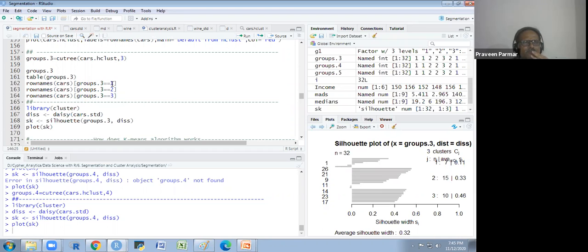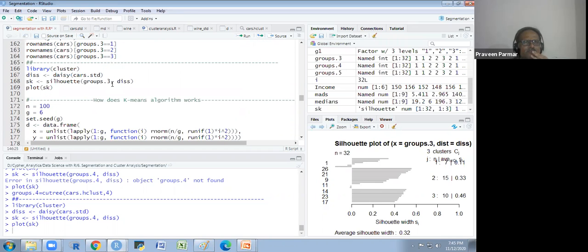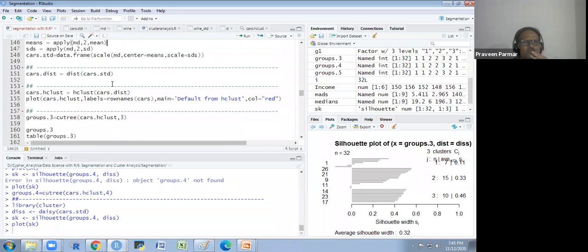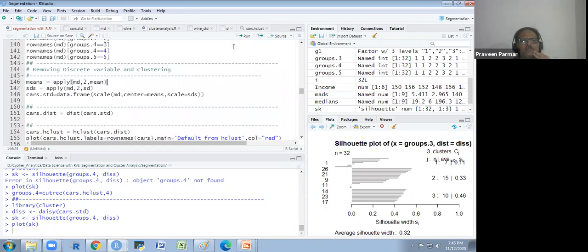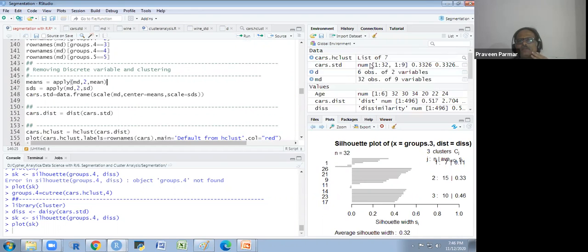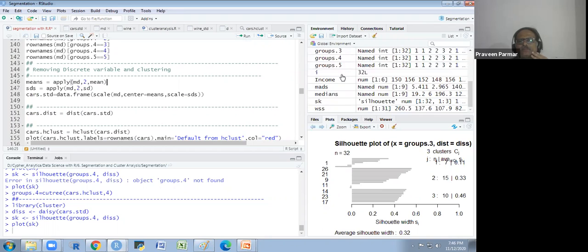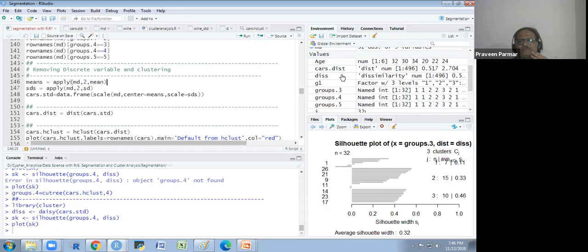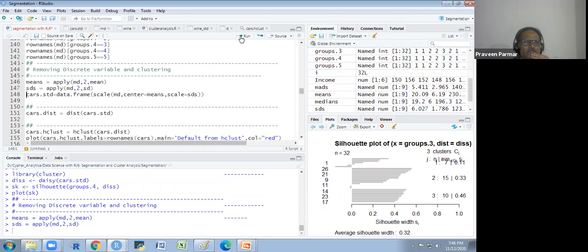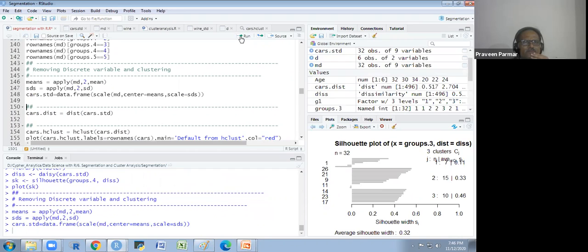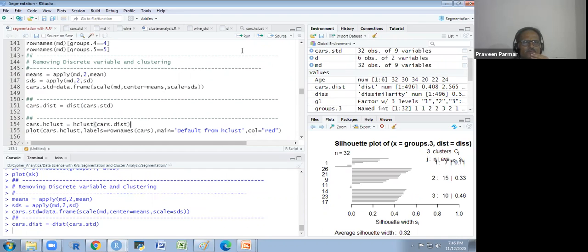With the second time, with mean I am using MD. Just a moment. 9 variables. If I remove that, then I see this, we have done yesterday also.